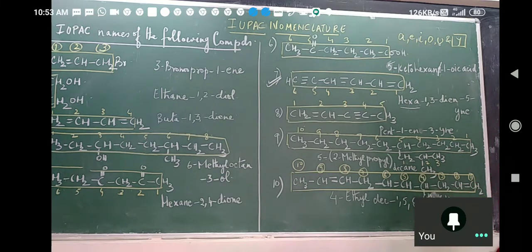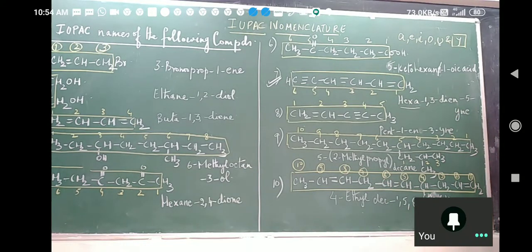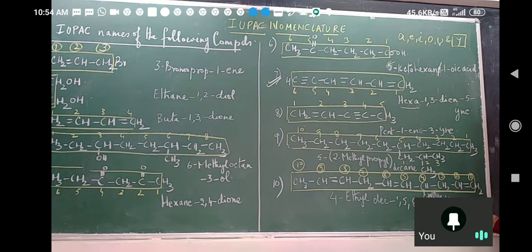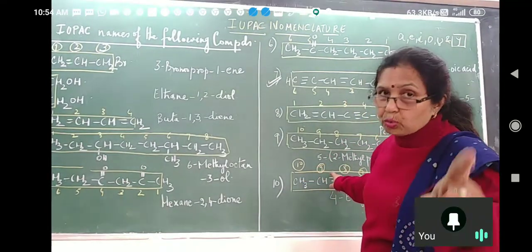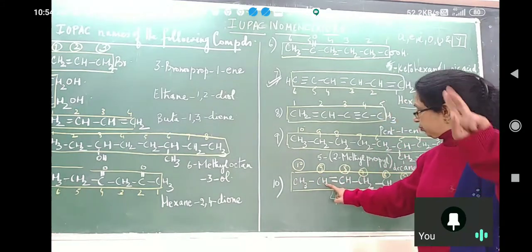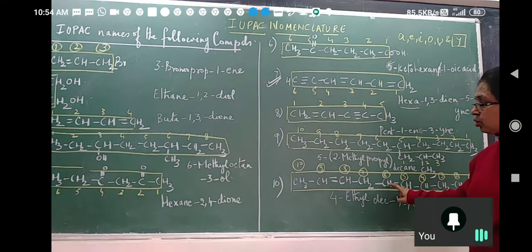Now number from both the ends and see. I have numbered from this end 1, 2. So this will be 1 plus, what is another number? 5. At 5 we have got a double bond. At 8 we have a double bond. 1, 5, 8, sum is 14. What is the sum coming as? 14. If I number from the other end, now you count. 2 plus 3, 4, 5. 5 plus 2 is how much? 7.